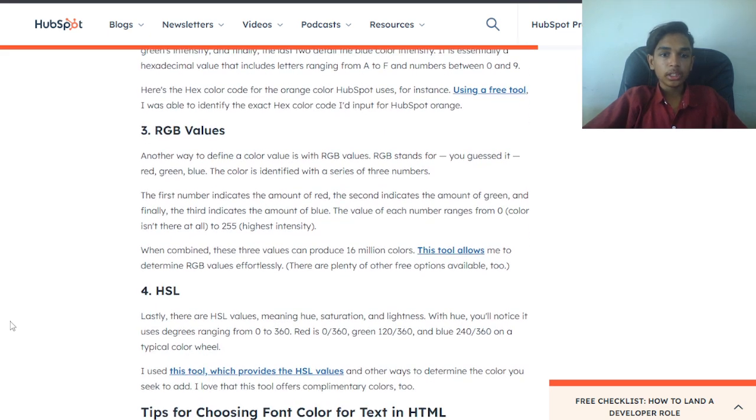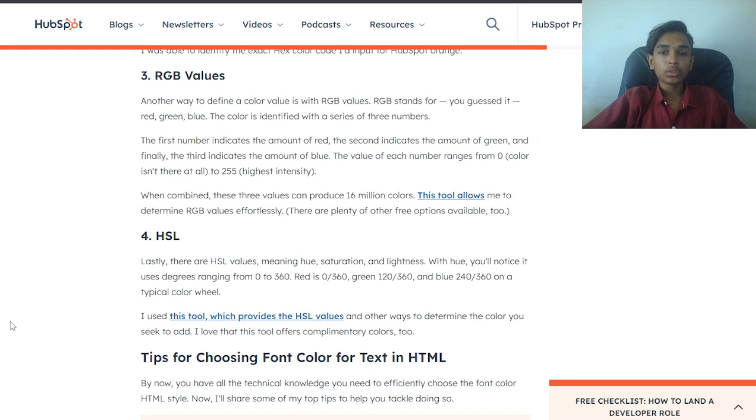RGB values. Another way to define color values is RGB values. RGB stands for, you guessed it, red, green, blue. The color is identified with a series of three numbers. The first number indicates the amount of red, the second indicates the amount of green, and finally the third indicates the amount of blue.